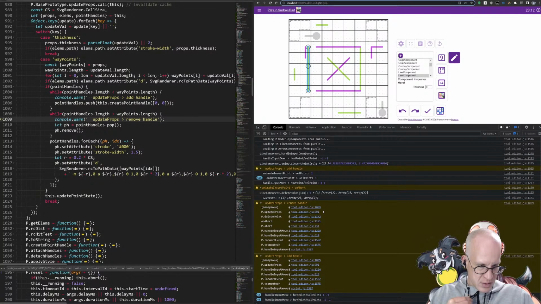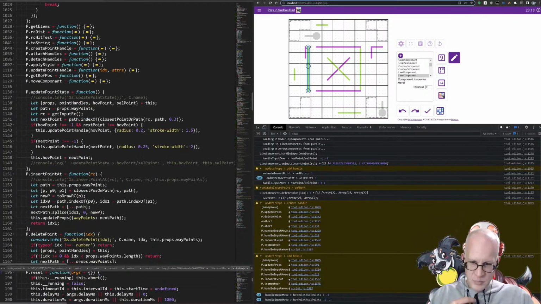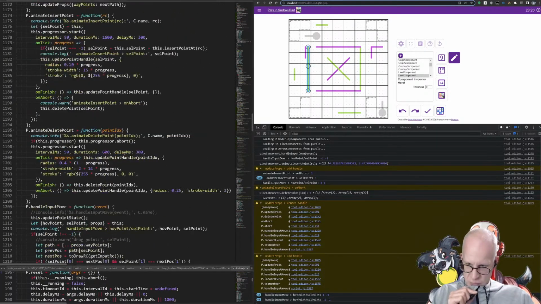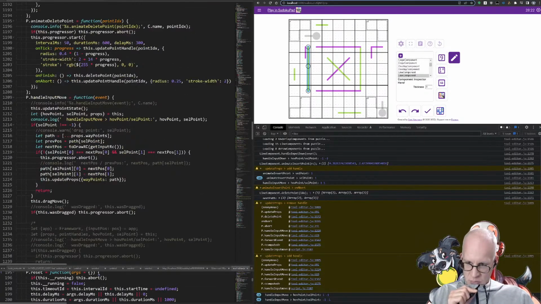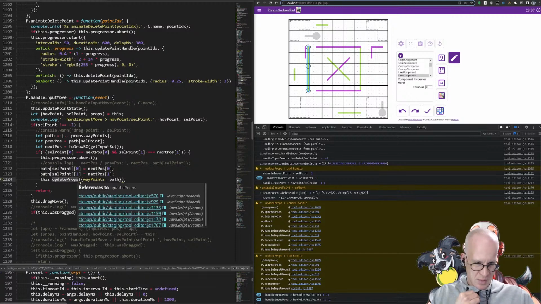So we have update props 991, delete point 1172, and then handle input move 1224. Handle input move. Has point select point on abort. If select point is not equal to -1. So somehow